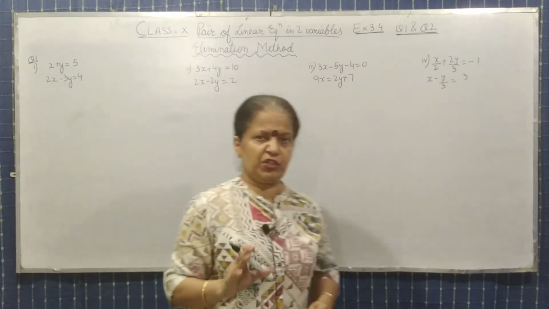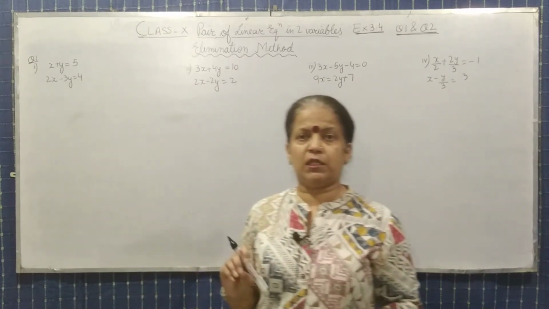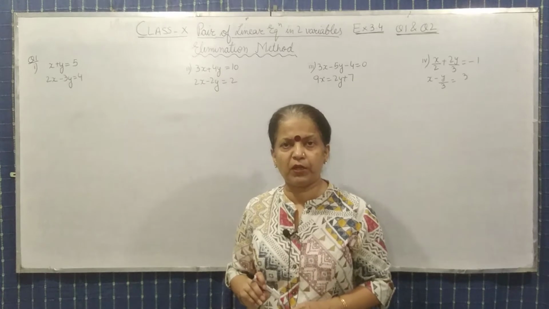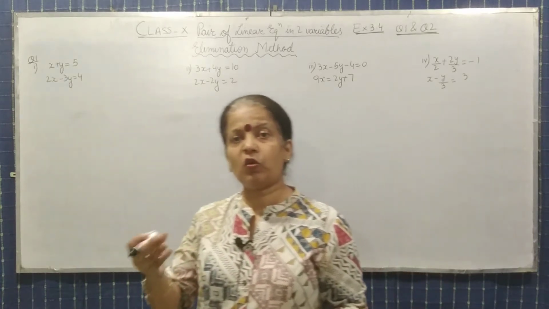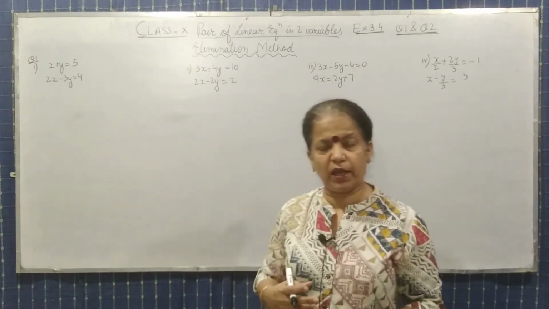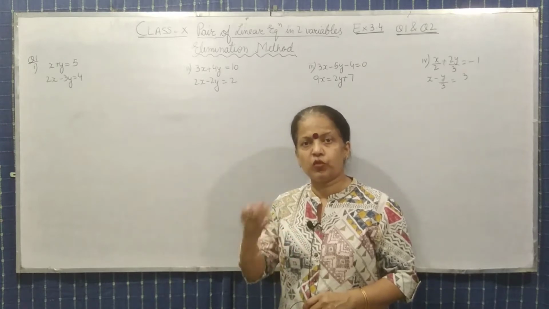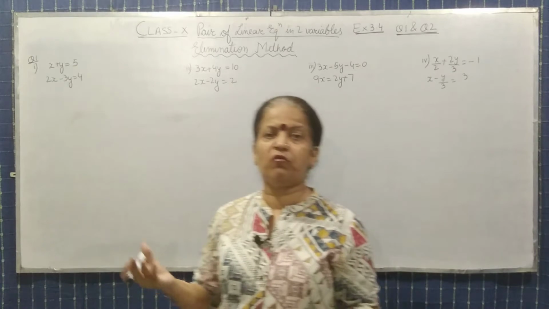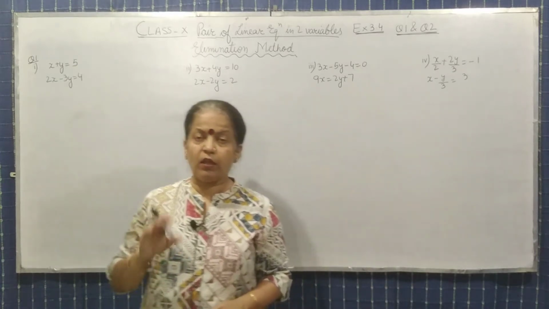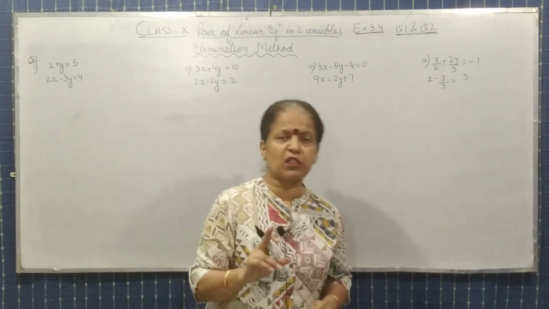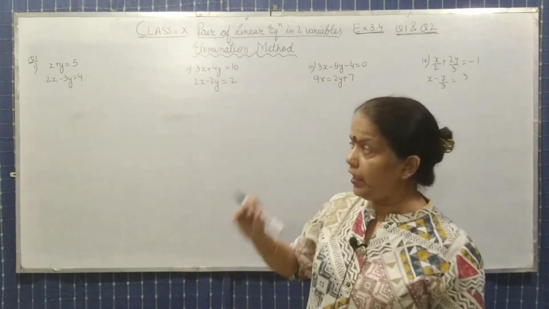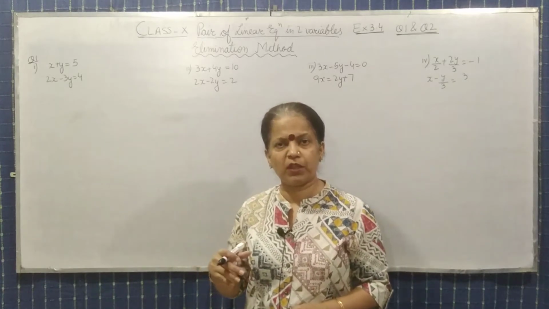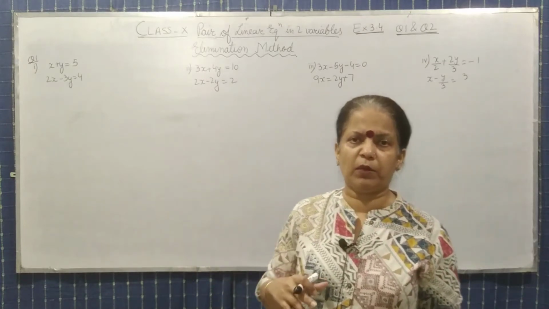For elimination method, the first thing which you have to remember, which you have to keep in mind: आपको या तो x variable को same करना है along with its coefficient, जो भी उसका number लिखा हुआ है आगे, or you have to make the y coefficient same. Okay, so this is the first rule of elimination. In both the equations, either x variable should be same or y variable should be same.